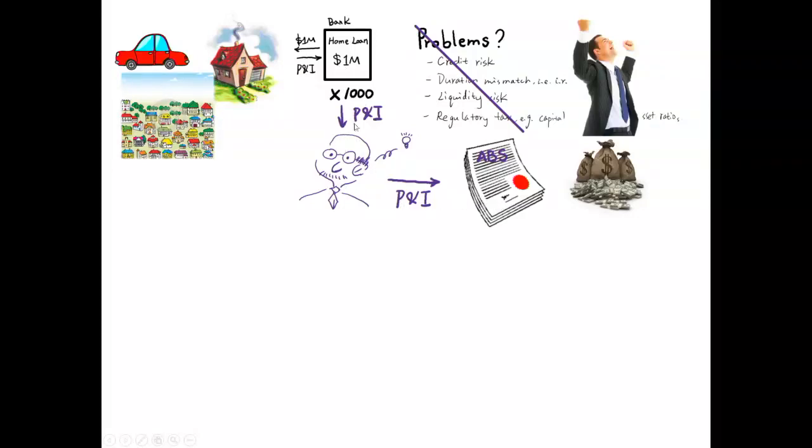So the idea is, before, households pay amortized monthly payments to the banks. Now the payments will be redirected to the smart guy, and the smart guy will redirect the money to these investors, right? So you are paying for an investment that promises certain monthly cash flows to your pocket over a fairly long period of time. Make sense? And I want you guys to think about what are the risks faced by these investors.